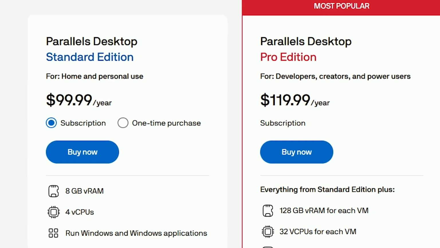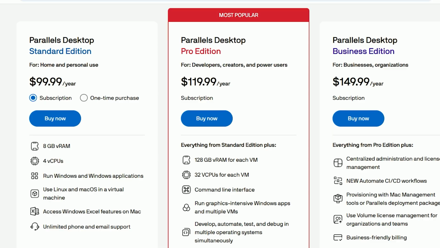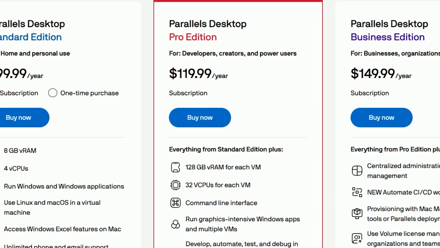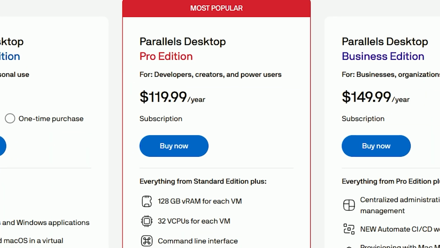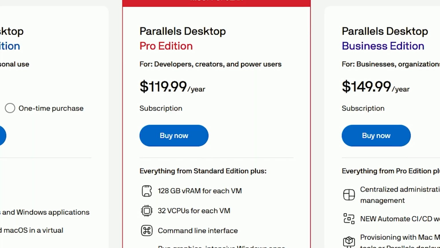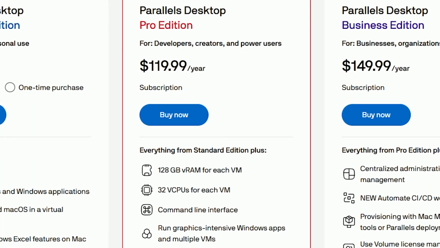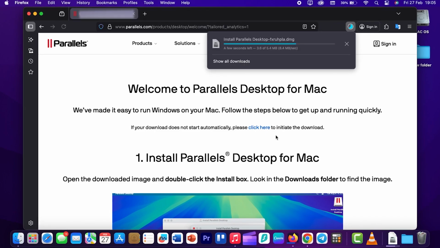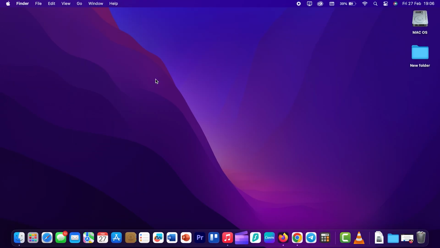While there is a standard edition, if you are a power user, developer, or gamer, you absolutely need to go with the Pro Edition. It is the version I personally use because it unlocks the full potential of your Mac's hardware. We are talking about allocating up to 32 virtual CPUs and an incredible 128 gigabytes of RAM per virtual machine. Once you have grabbed your Pro license and downloaded the installer, just go to your Downloads folder and double-click Install